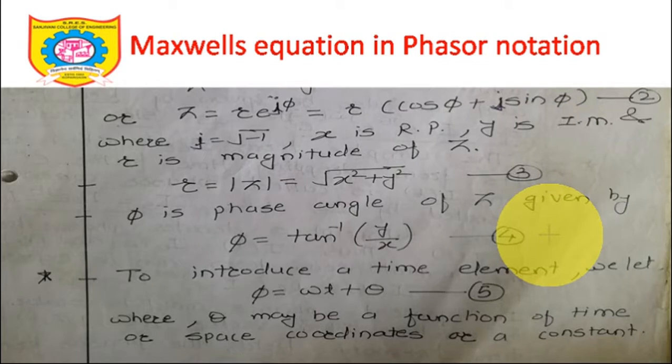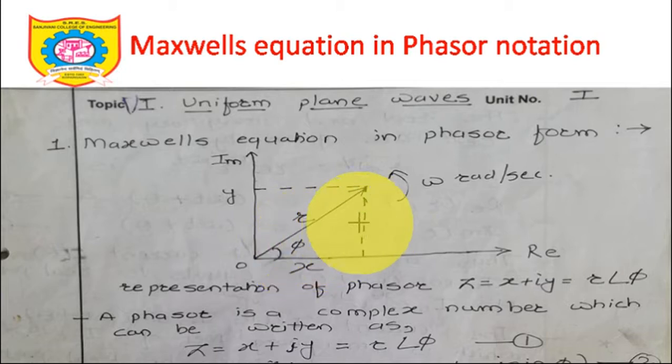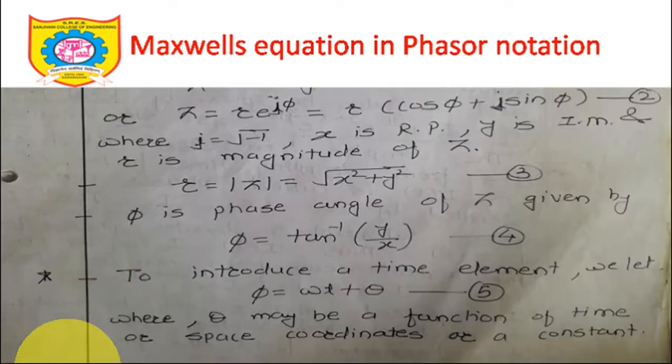And phi is the angle of z, given by phi equal to tan inverse of y by x. Is it so? Now see, this is side y. If I want to represent tan phi in the trigonometric identity, we can write it as opposite upon adjacent. So for tan phi, the opposite side is y and the adjacent side is x. So tan phi is equal to y by x, therefore phi equal to tan inverse of y by x. These concepts are also clear, no need to give more stress on it.